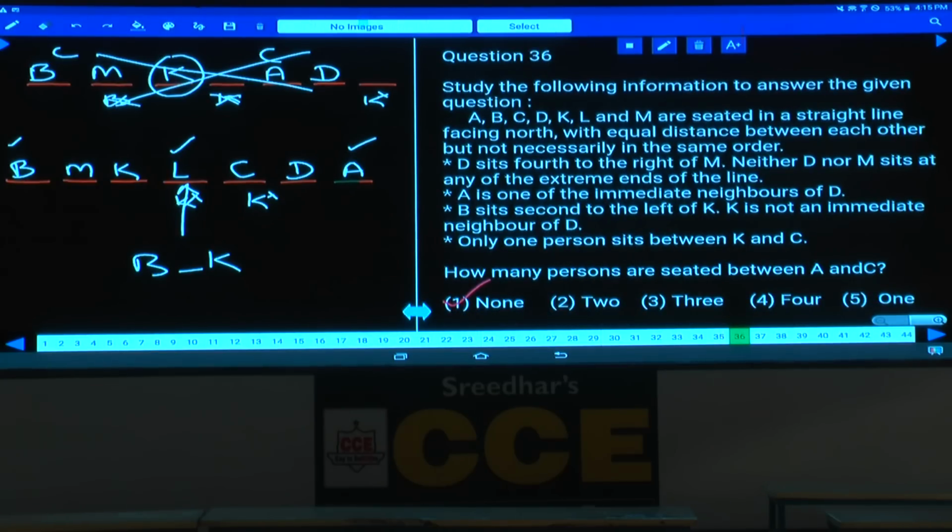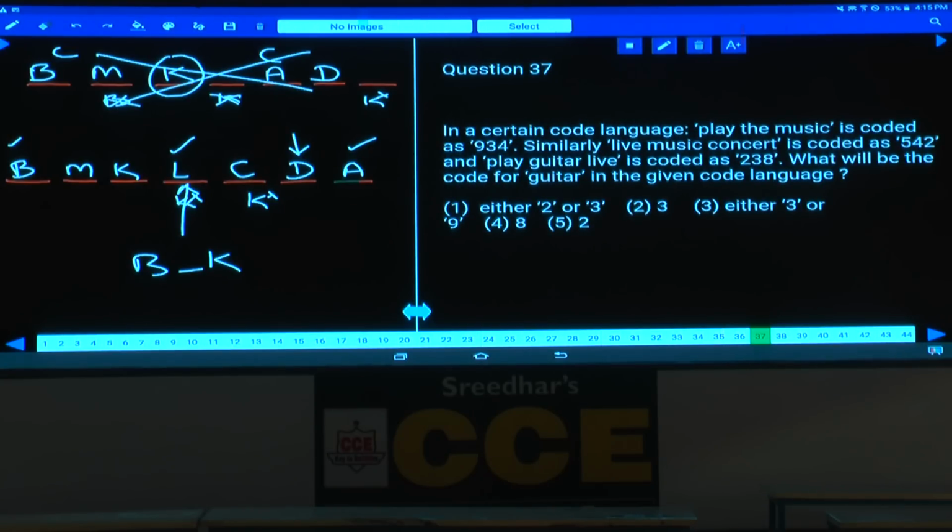Then question number 36. How many persons are seated between A and C? Now between A and C, how many persons are there? There is only one person, that is D. 1, that is choice 5 is the answer. Now this is about question numbers 32 to 36. Then 37 onwards. Now question number 37, in a certain code language, play the music is coded as 934,